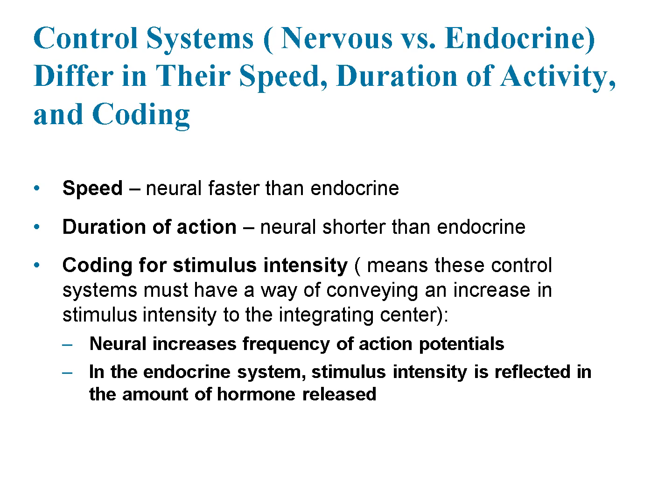The endocrine system encodes intensity by adjusting the amount of hormone released. The higher the intensity of the stimulus, the greater the hormone concentration in the bloodstream. In summary, the nervous system excels at rapid, short-term responses, such as reflexes or muscle movements, while the endocrine system is better suited for long-term regulation, like growth, metabolism, and maintaining homeostasis. By working together, these systems allow the body to respond efficiently to both immediate and prolonged changes in its environment.